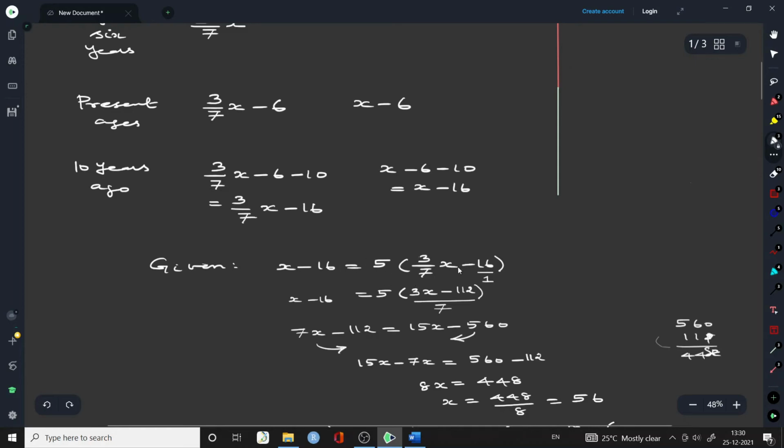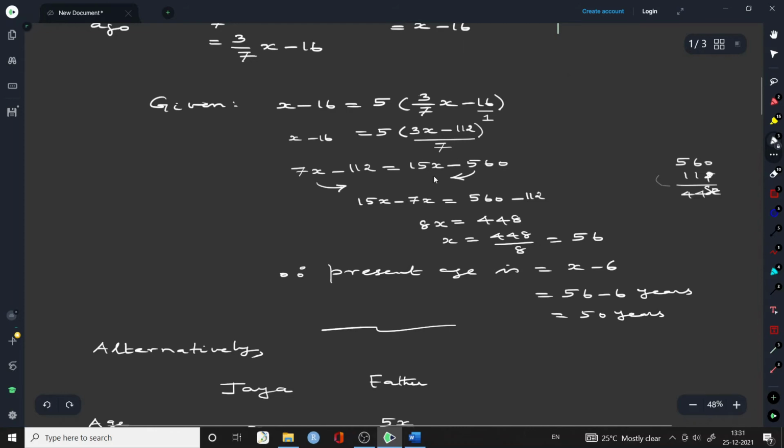Now before solving, what we have to do is settle down this bracket because of BODMAS rule: bracket, multiplication, division, and addition, subtraction. Okay, so you take 7 as the LCM, so you will have 3x minus 7 times 16, which is 112. Now 7 in the denominator, you just simply cross multiply to the left-hand side. So this is 7x minus 7 times 16 is 112. This is 5 3s are 15x and 5 times 112 is 560.